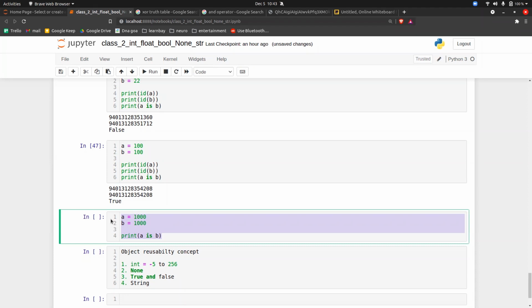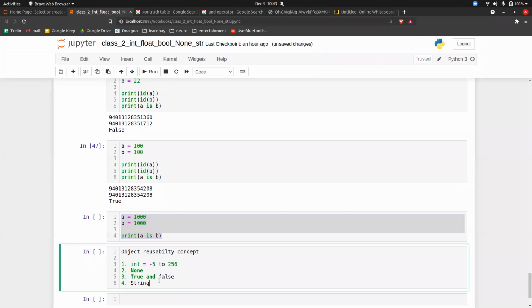So for None and for True or False, there are no issues, but for a string there is also a constraint. If your string contains capital A to Z, or small a to z, or 0 to 9, or an underscore, if your string is a mixture of these four things, then only the object reusability concept will apply.